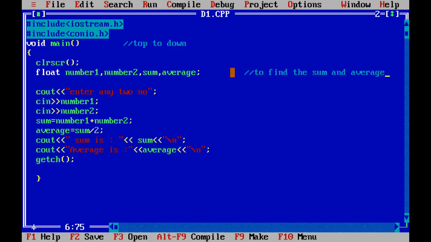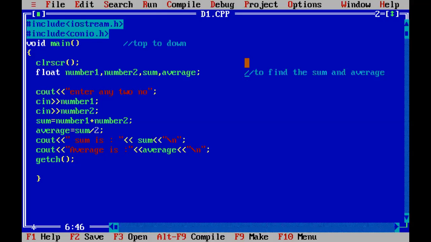Now, in this program, what we are going to do: if we are going to find any sum, it means we are doing a sum on some kind of variable. We need some variables here for the values. So for the sum, first of all, we need to give some inputs. These are the input values with the help of some variables. I am using variables like number 1 and number 2. So I am taking two variables here, whose names are number 1 and number 2. Now I'm going to add these two things.